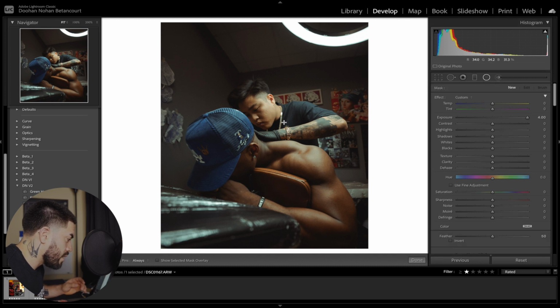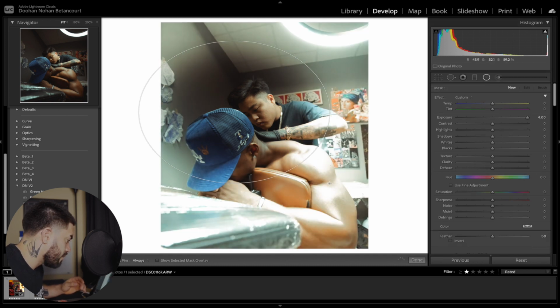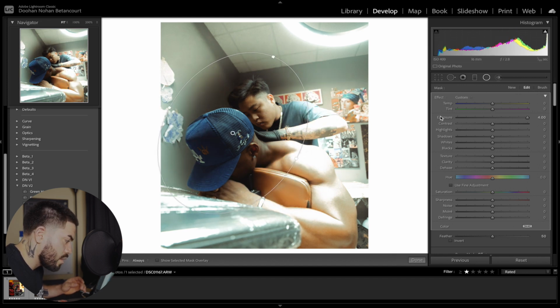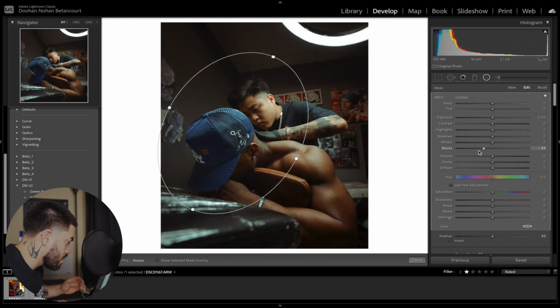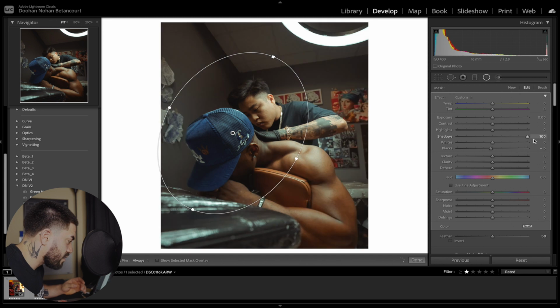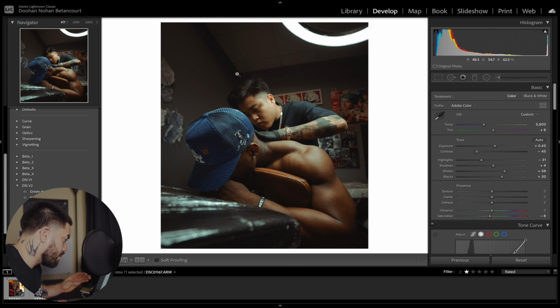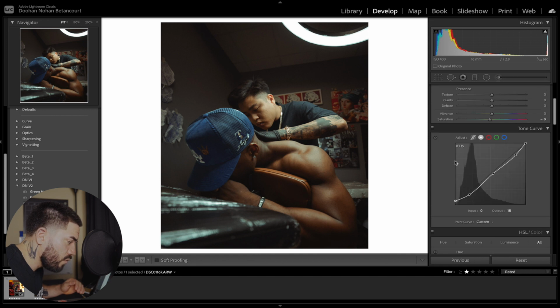And then we're gonna do a radial filter. I'm gonna put this over Mendo and Russell. Kind of use like a vignette, nothing too crazy, nothing too loud, just something very small and simple to where these two are the center of attention. But overall,